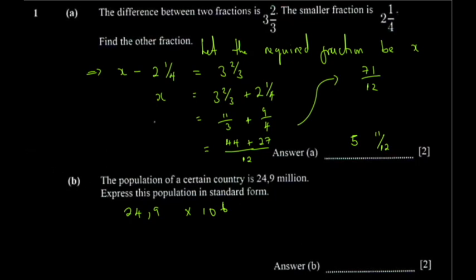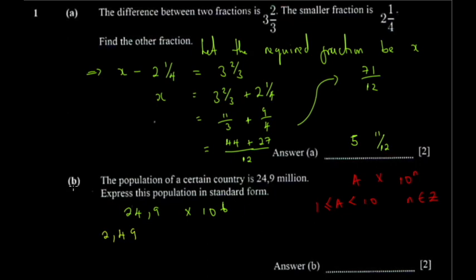Standard form is essentially this notation here, where it's a multiplied by 10 to the power n, where a is any number less than 10. Okay, single digit. It doesn't have to be single digit, but it has to start with the units digit, and so it's less than 10 and equal to or greater than 1. And so this is the standard notation. So here, this one we have to adjust such that it confines itself between 1 and 10. So this one would be